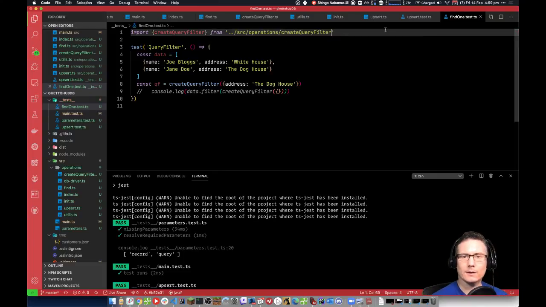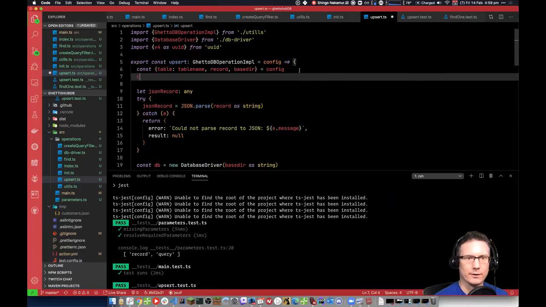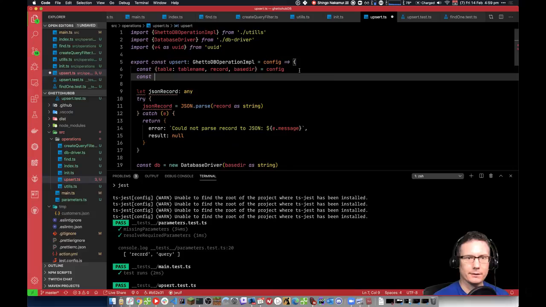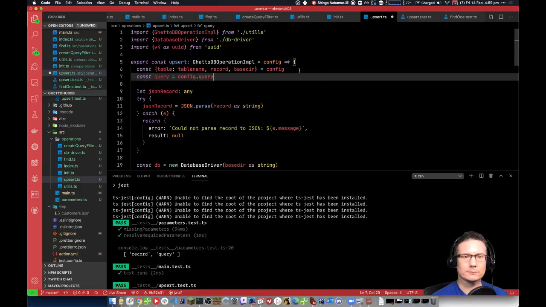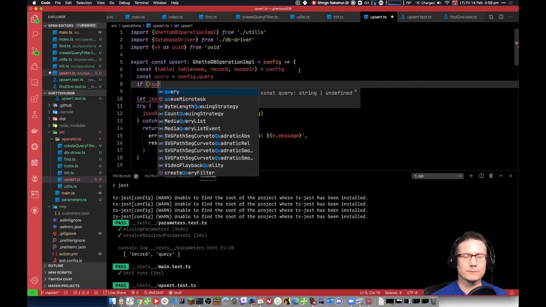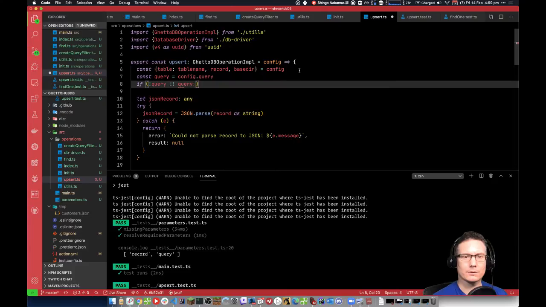Like that. Because what I'm going to do is make it possible for you to bring in a query, right? Okay, so query equals config.query. Now, if there's no query, or if the query equals an empty string,